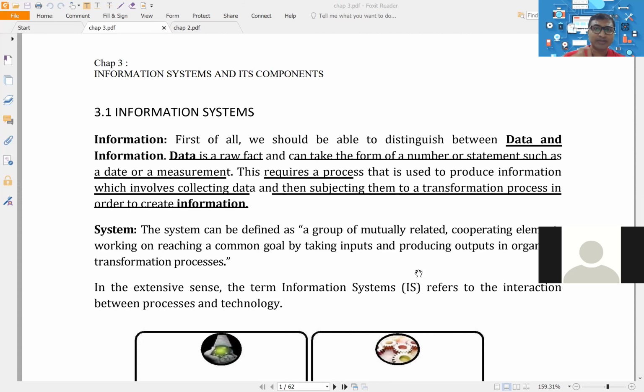Now, what is control? Controls are any methods, policies, procedures which will help the organization to achieve its objectives. That is the basic definition of control. But when we talk about the computer, about the information system, then controls will be those which help to protect our data from unauthorized access, unauthorized disclosure, and unauthorized modification of our data. And then after learning all the different types of control, this chapter will contain the most important part, which is called audit, because basically we are auditors.